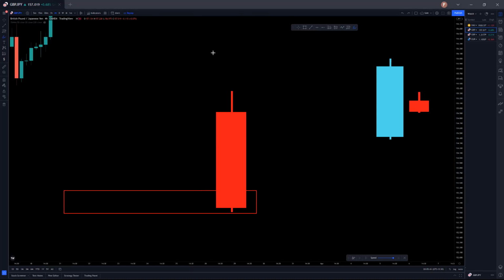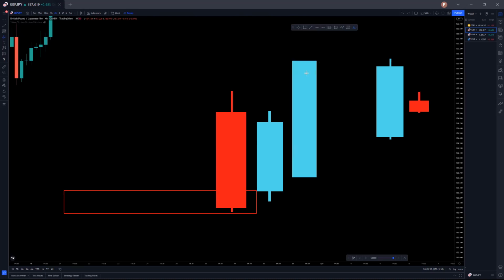I know the momentum is pretty strong, but you have to trust yourself, you have to trust daily, you have to trust that liquidity. And you have to trust that 15 minute. So you are expecting the next candle to be a little bit rangy and the next candle to be bullish.